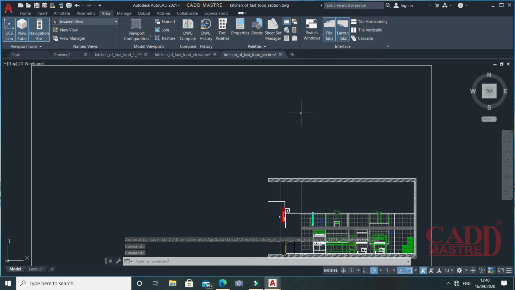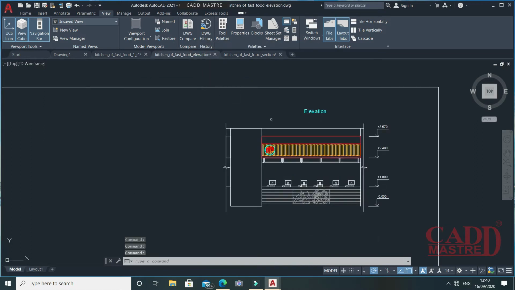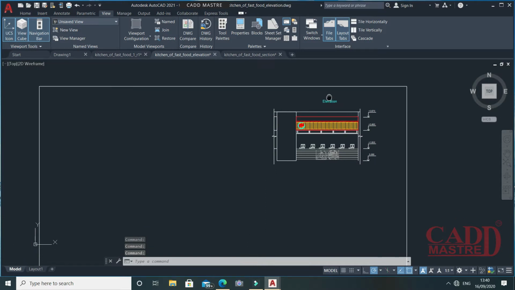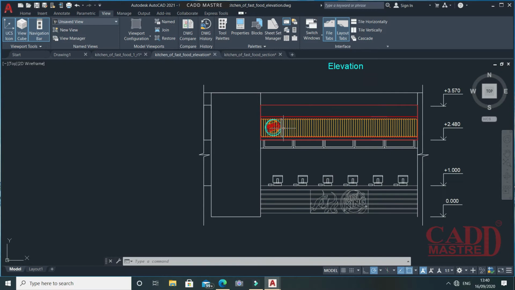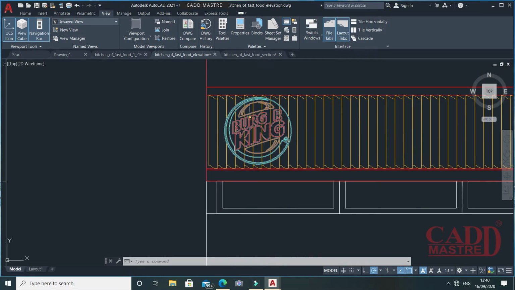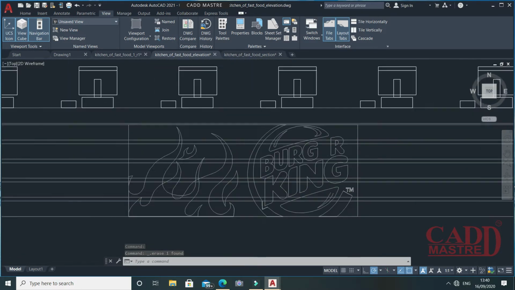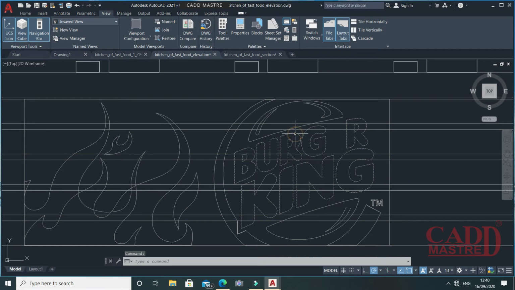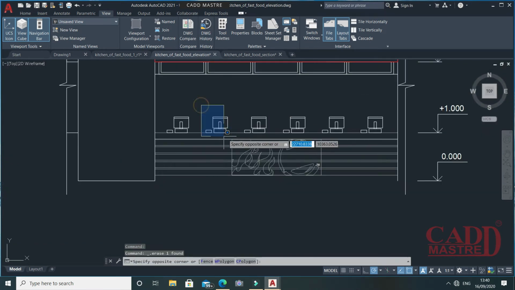Let's make some changes on the reference file. I make changes on my elevation file. Here, I'll remove this icon. Similarly, this logo. I remove this computer.